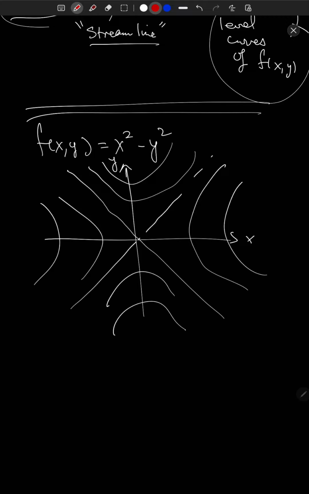And the gradient of this function is going to point something like this. Right, and always remember the gradient points in the direction of greatest increase. And so